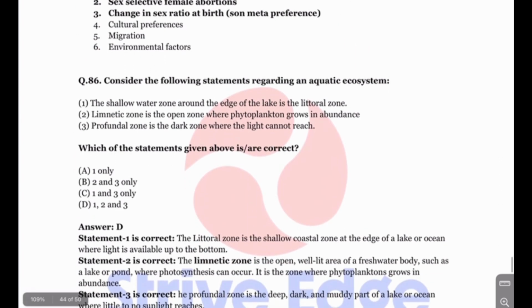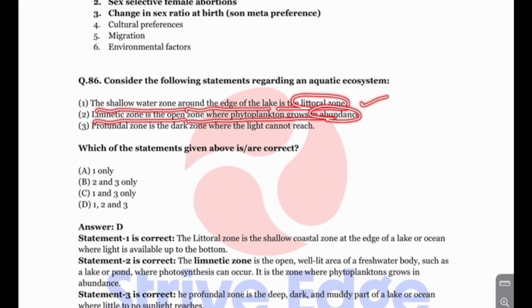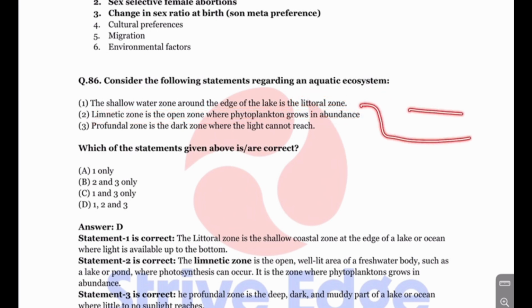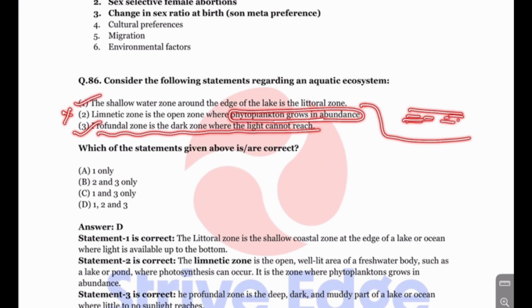Okay. So next is question number 86. Which of the following statements regarding the aquatic ecosystem? So shallow water zone around the edge of the lake is called littoral zone. Yes, it is correct. The limnetic zone is open zone where phytoplankton grow in abundance. So though the open zone, like if it is an ocean, there is a lot of sunlight, but the growth is not abundant because there is lack of nutrients. So statement 2 is wrong. The profundal zone is dark zone where light cannot reach. Yes, this is right. So 1 and 3. So answer is